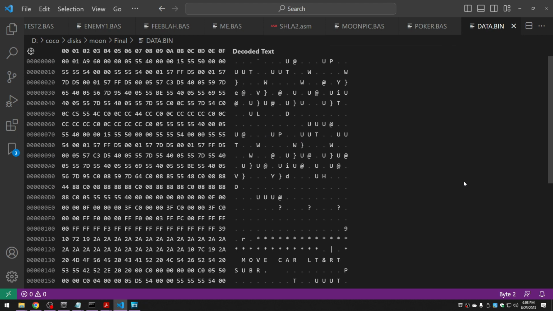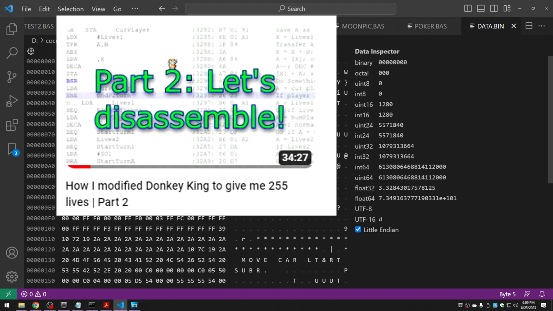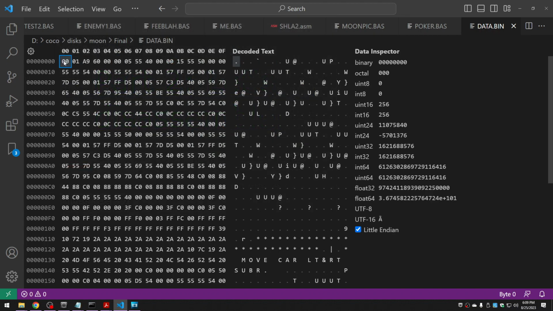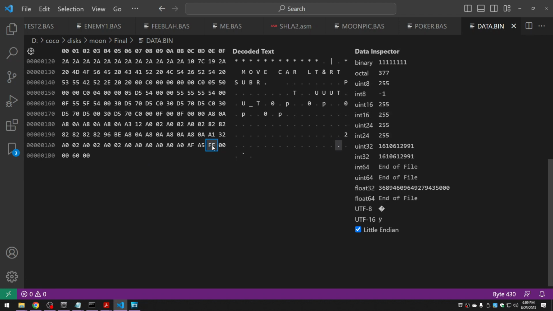So I opened the data file in a hex editor, and it had a reasonable preamble of the format I was expecting. I talk about the preamble and postamble in a past video, and I put a link in the description if you want to follow up on that later. You always want it to start with 00. This looks like a reasonable length. And this is certainly the start address, 6000, so that made sense. And if I go to the bottom to look at the postamble, you want it to start at FF, then you expect a 00, and then finally the execution address, which I made be 6000, but it doesn't matter